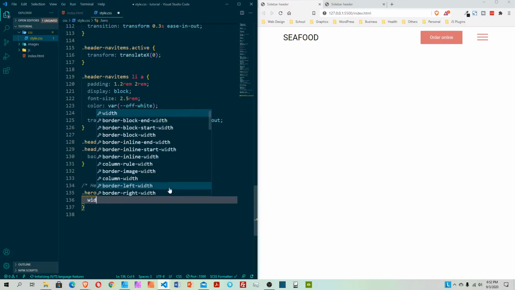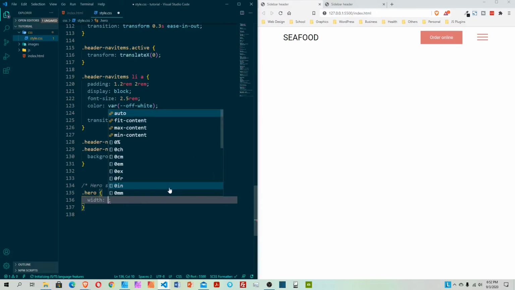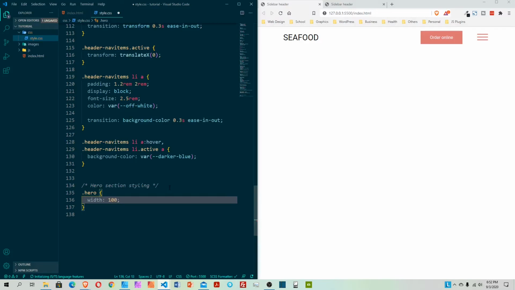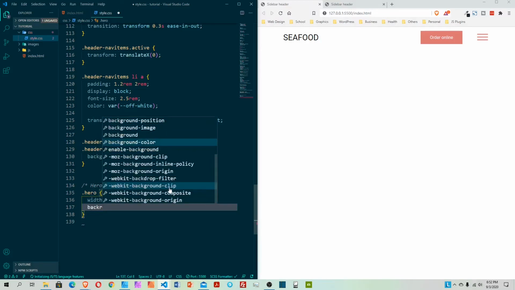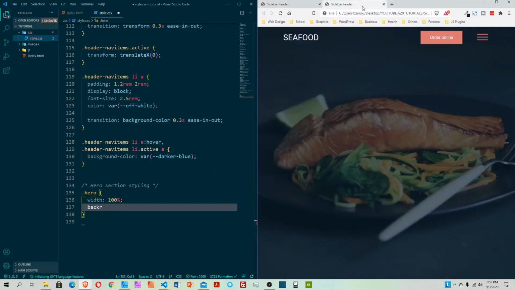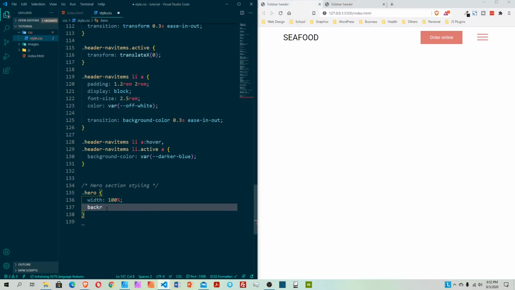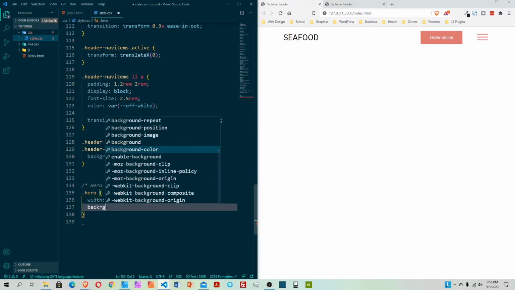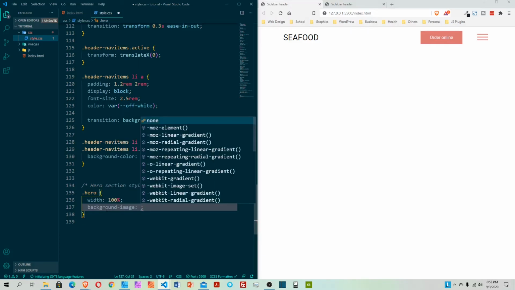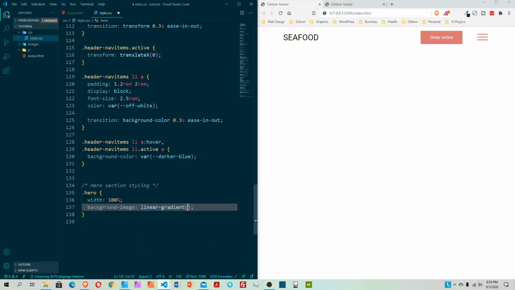First I will set width to be 100%, and then we add a background image. But you can see there's a color that is overlaying it. There's a color on top of it. So I'm gonna say background image. This image, I'm gonna say linear gradient, and then I'm gonna use